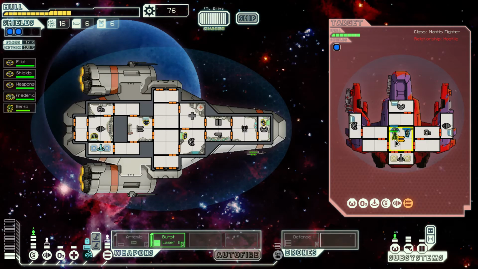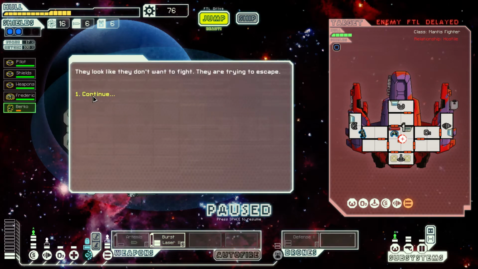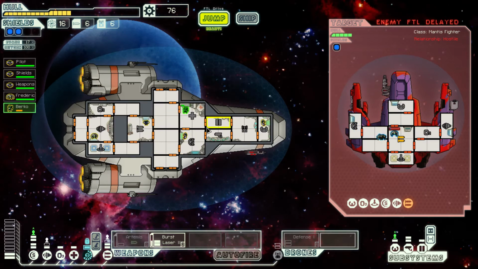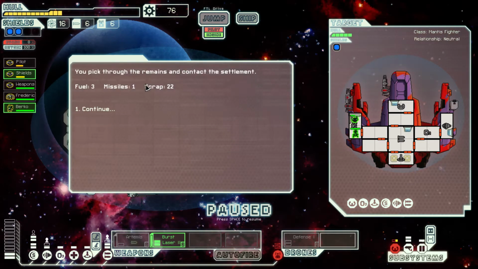Alright, so we've killed one. They're double teaming, which is really unfortunate because you must flee. So we're gonna put burst lasers back into here again. Alright, so now they're trying to escape, which is bad because I don't know if I'm gonna be able to stop them. But their FTL is delayed. So if I can send you guys back in there. That was unfortunate. Our drone control is down, but if we can kill him...